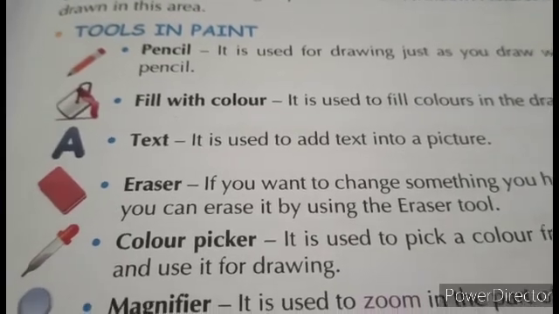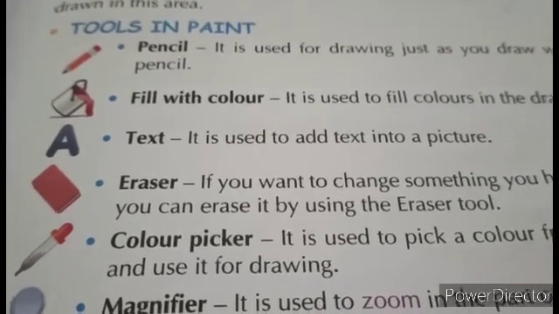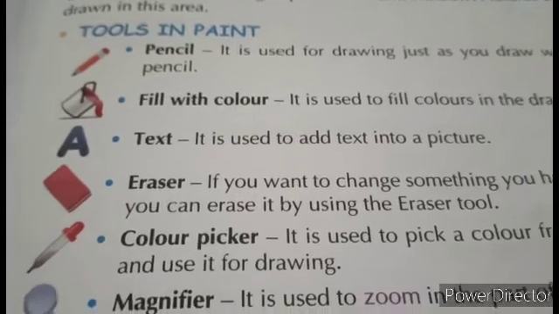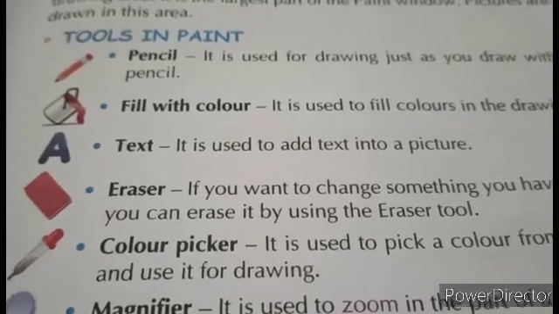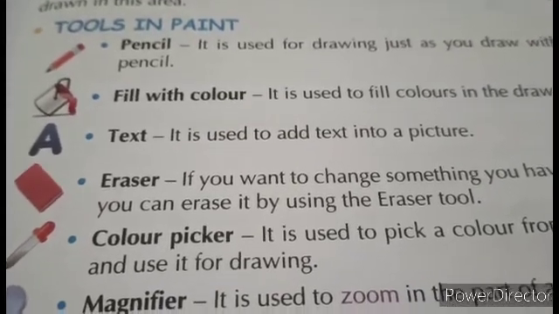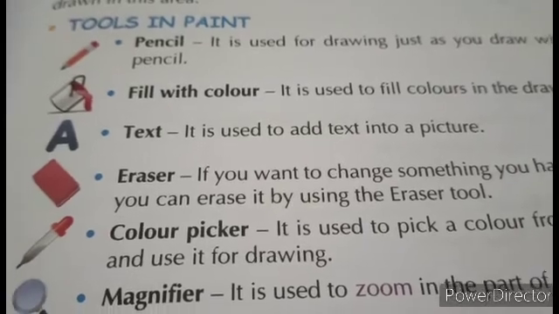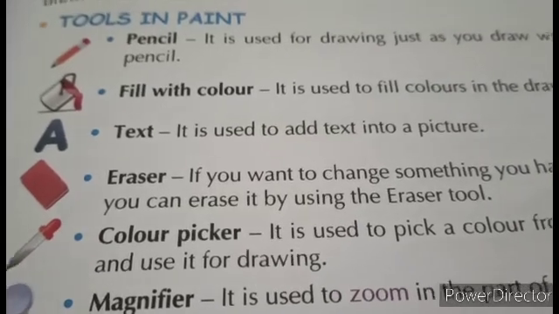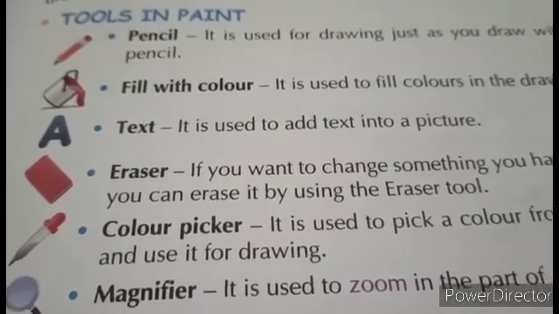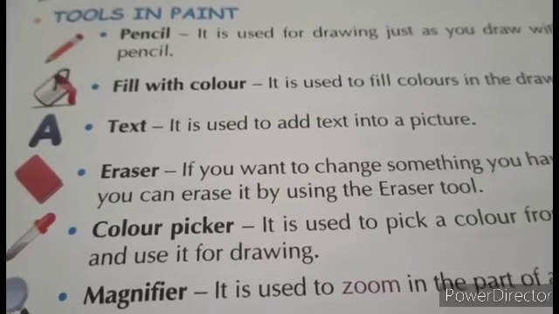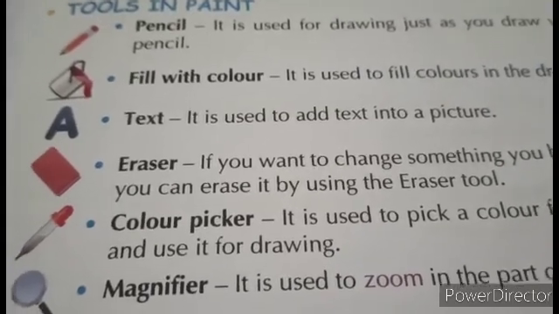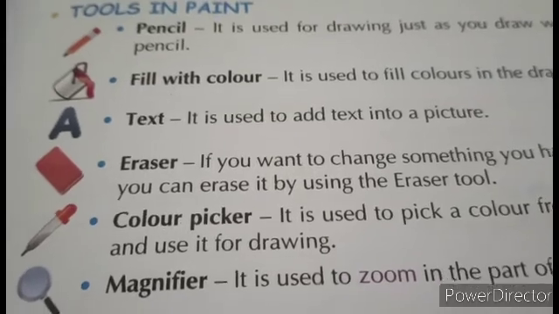For the eraser tool, just click on it, hold the mouse, press the left mouse button and move on the area which you want to delete. That way, the unwanted portions can be deleted from the picture. I have also discussed how to change the size of the eraser. Some tools are still left to discuss, like fill with color.